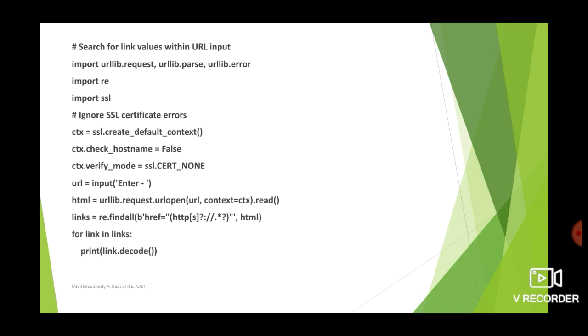The possible value for context.verify_mode or the cert_reqs parameter is CERT_NONE. That means in the server mode, the server does not want any certificate from the client.